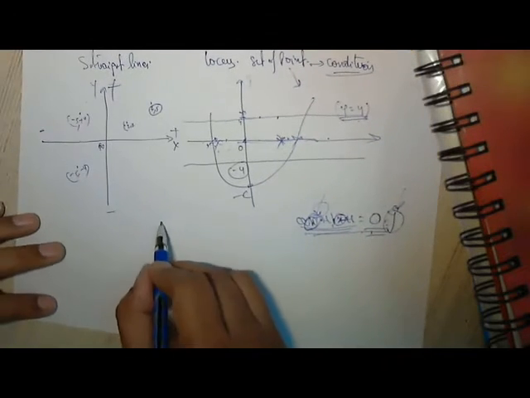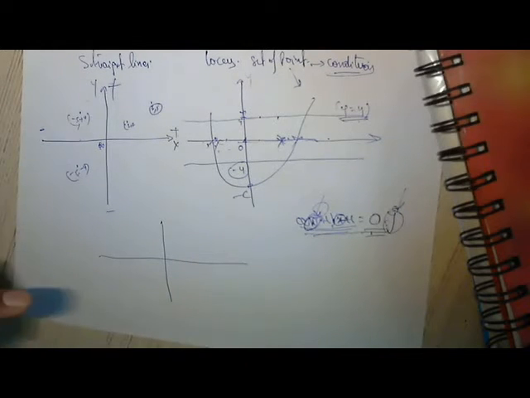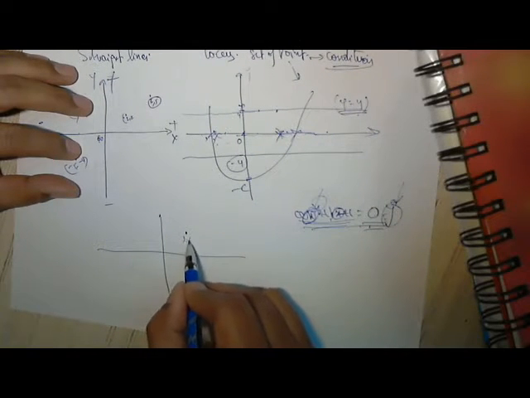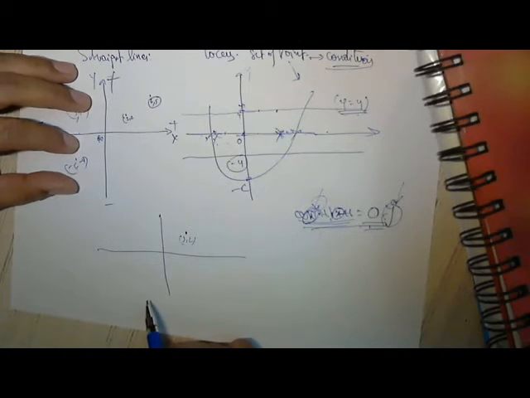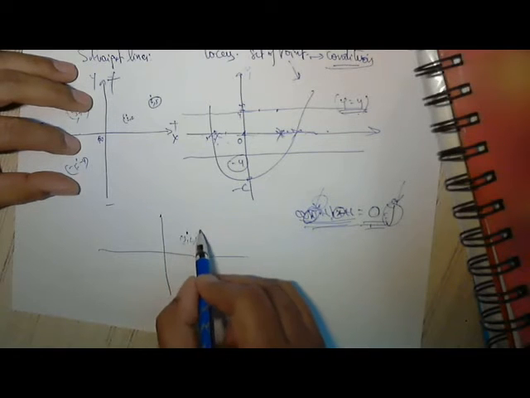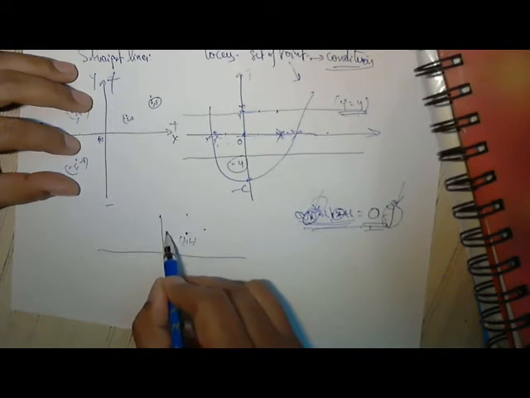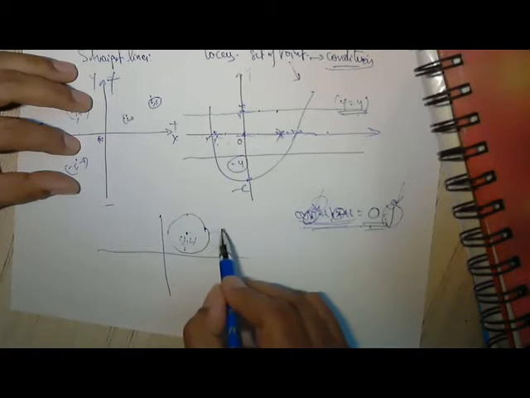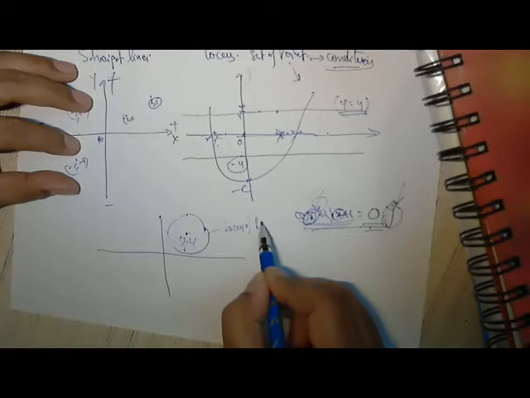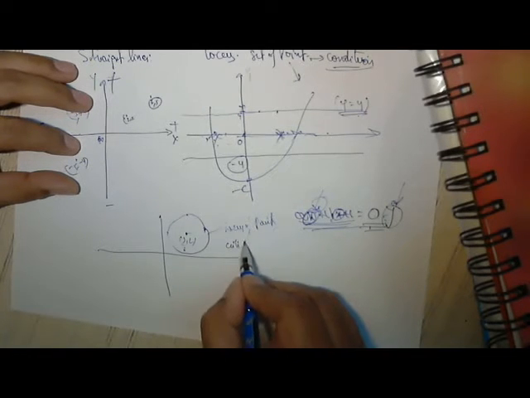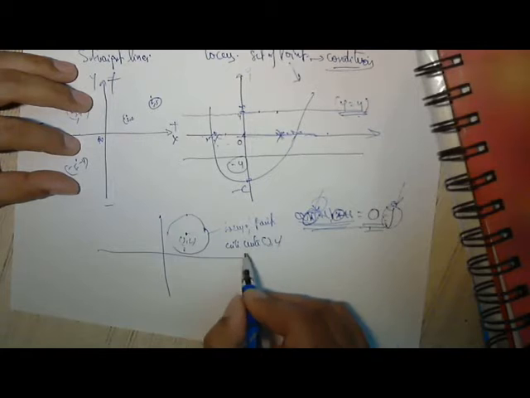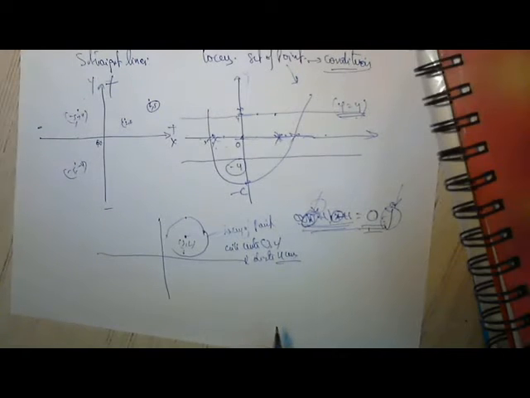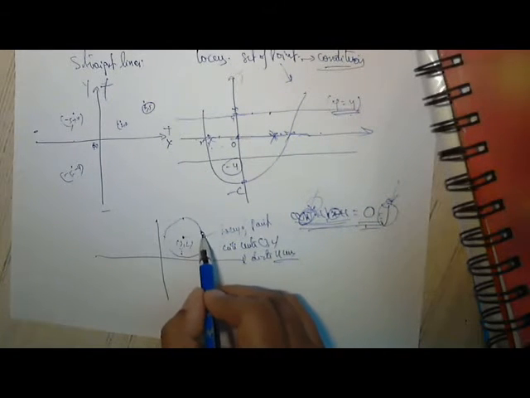Okay, now let us see the locus of points where it's a circle around (3, 2) with a radius of 4 centimeters. Let's say from here you measure 4 centimeters, and you draw a circle. So this circle is the locus of points with the center (3, 2) and distance 4 centimeters from the center. So it is a circle, all right, 4 centimeters. Is it limited or unlimited points?